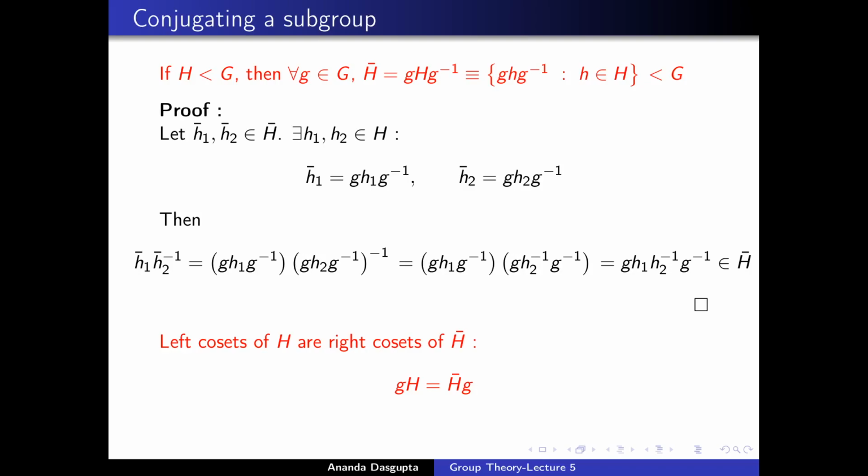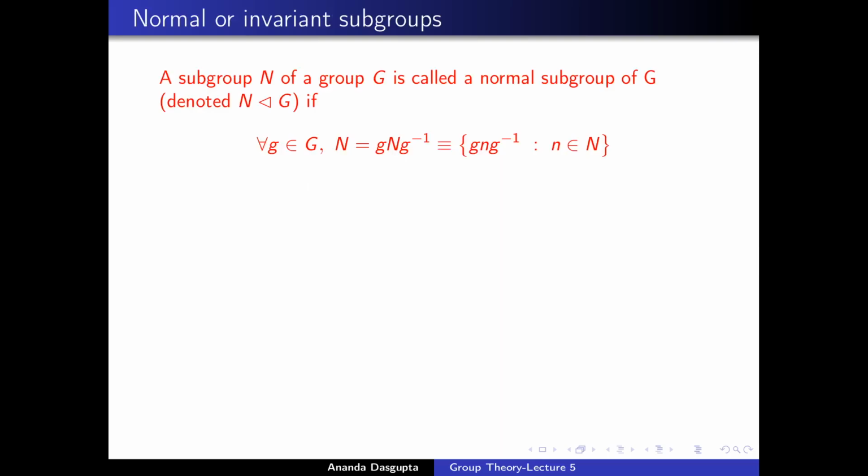So let me come to the formal definition of a normal subgroup, which is just a repeat of what I said right now. A subgroup N of a group G is called a normal subgroup of capital G if, for all small g belonging to capital G,